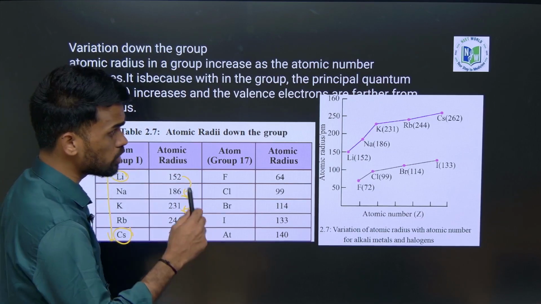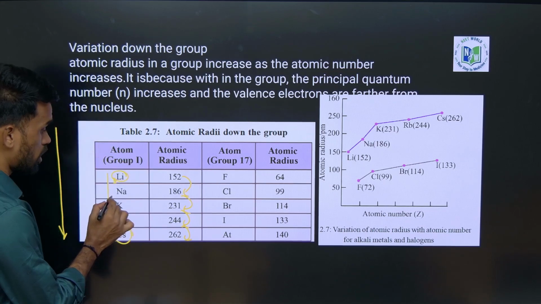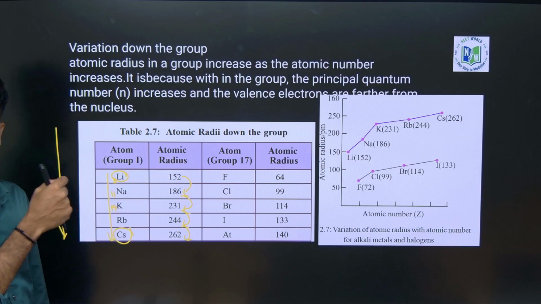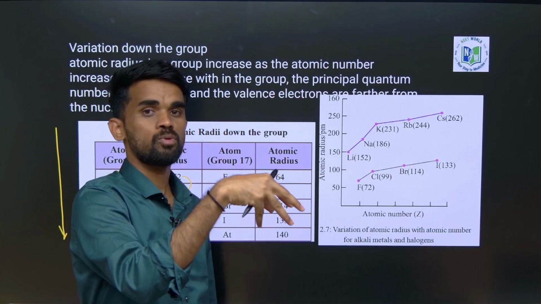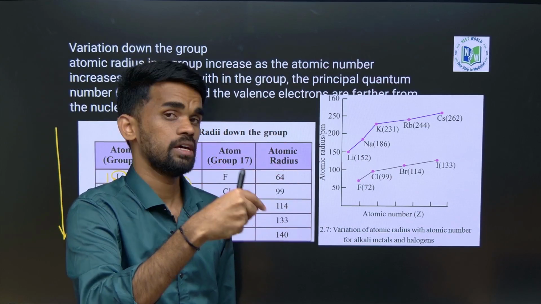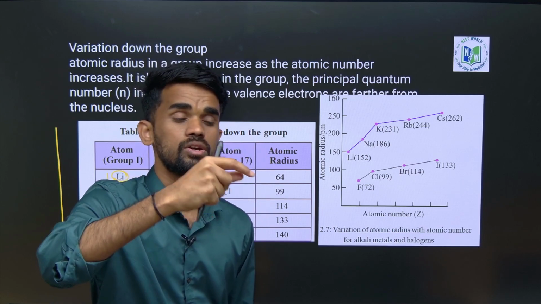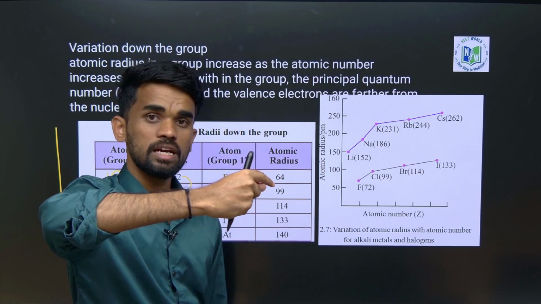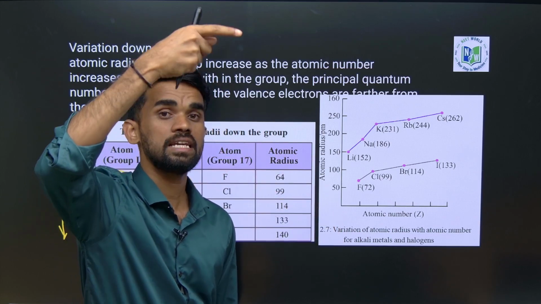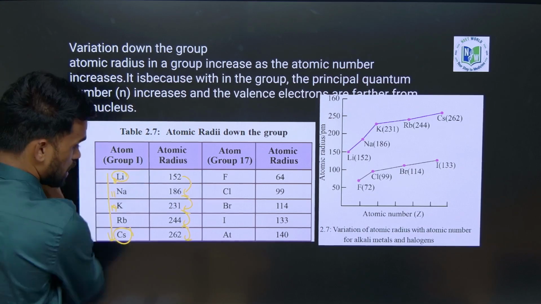Because now see as we move down the group, lithium atomic number is 3, for sodium it is 11, for potassium it is 19. See the number is increasing. Number is increasing means the number of protons also increases, the number of electrons which we are adding also increases, right? Okay, so the electrons we are adding will enter into a new nth level. So in the periods it will enter into the same nth level, same principal quantum number, but here it enters into higher energy levels.